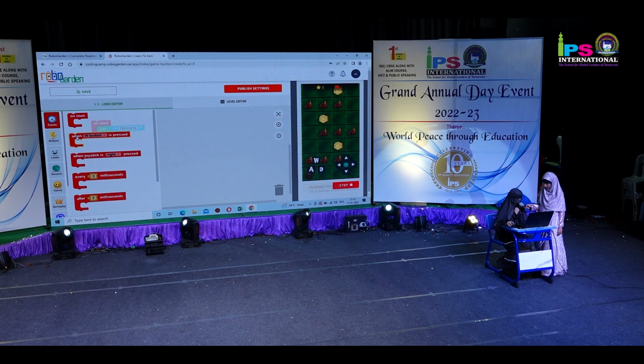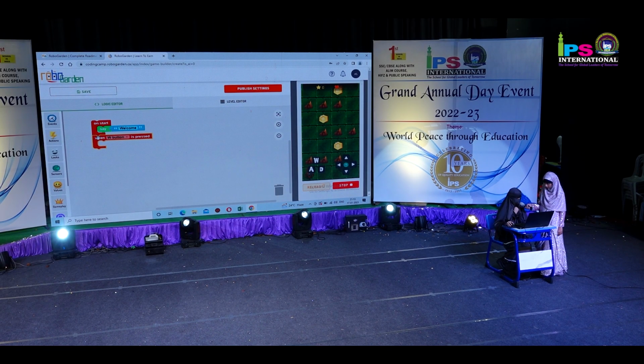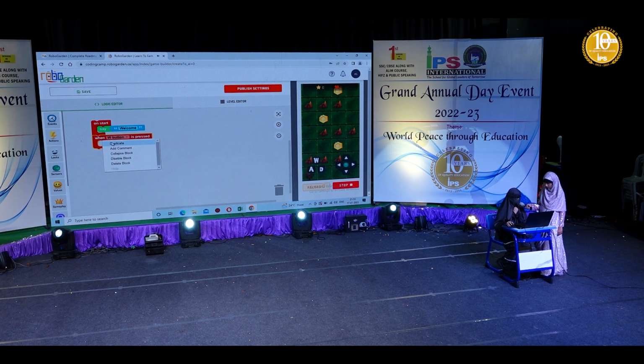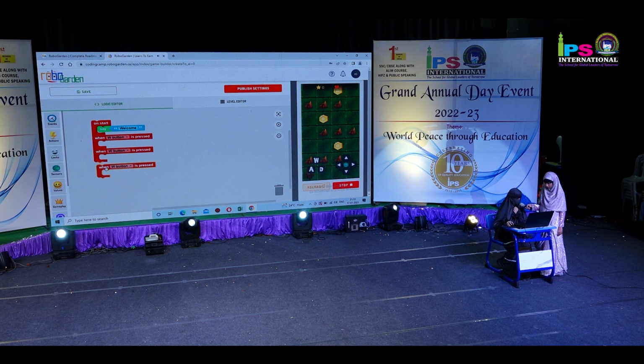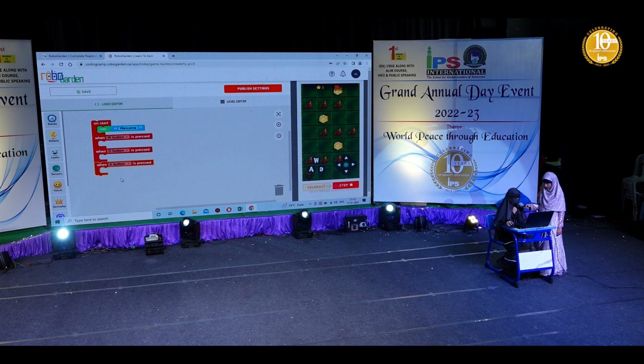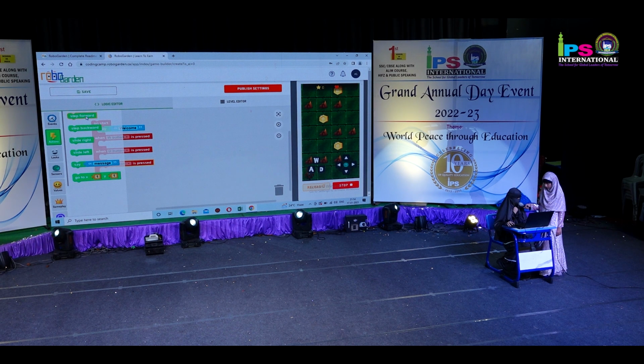Here I'm going to choose the code block which says when W button is pressed. I'm going to duplicate it 2 times. And I'm going to change the second one from W to D and the third one from W to A. Now to select the actions, I'm going to choose the Actions tab. Here I'm going to choose Step Forward for W button, Slide Right for D button, and Slide Left for A